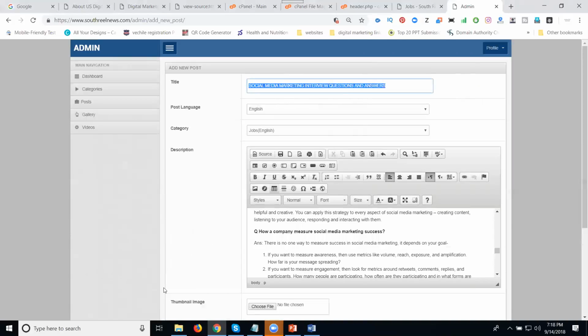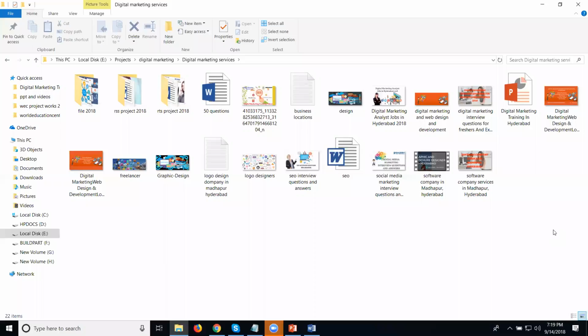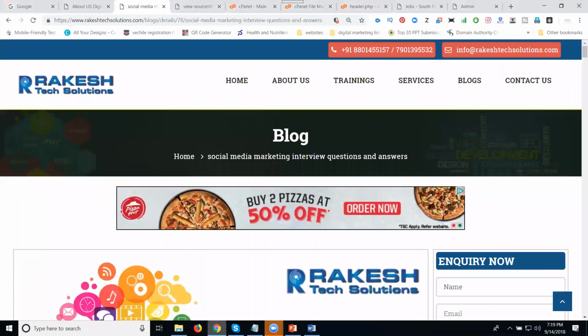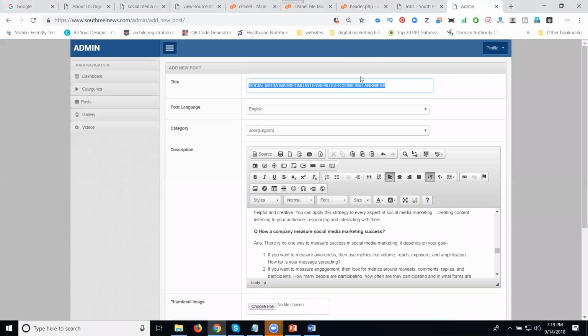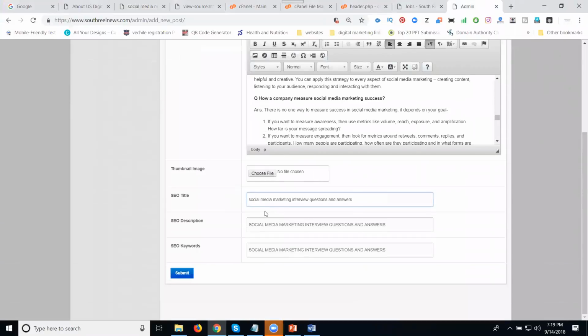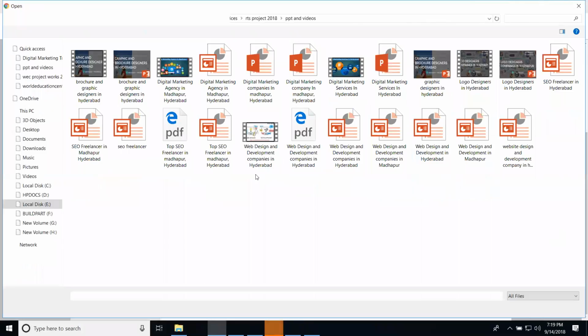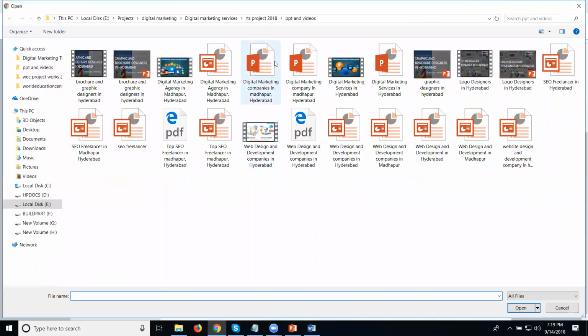Select it. Select your image from the specific folder. See here, I'm writing the same name. Yes or no? Just select it. A small change here: I'm writing everything in small letters. Okay. Choose your file. So always remember, your title and your uploaded image should both have the same name. That is your idea for the alt tag.